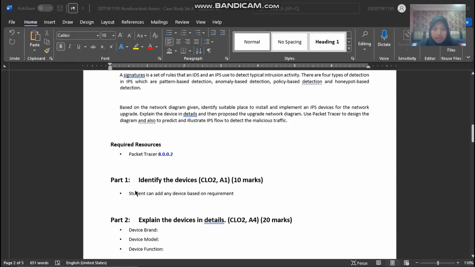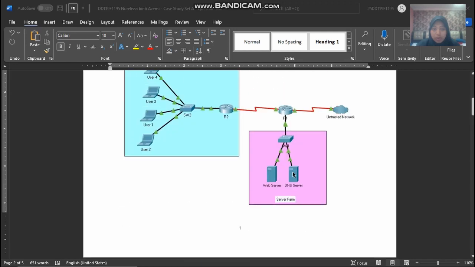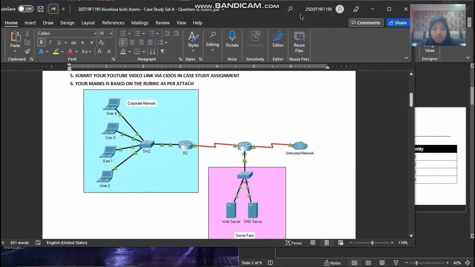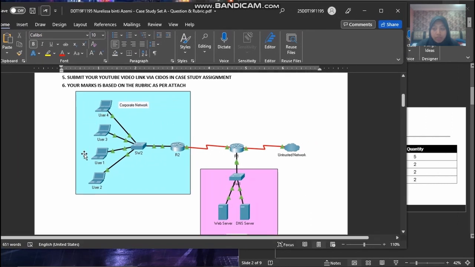Coming to part 1, that is identify the device. Students can add any device based on requirement. So we go to this diagram. As you can see, we got 4 laptops, 4 workstations, and then 2 switches, 2 routers, and then